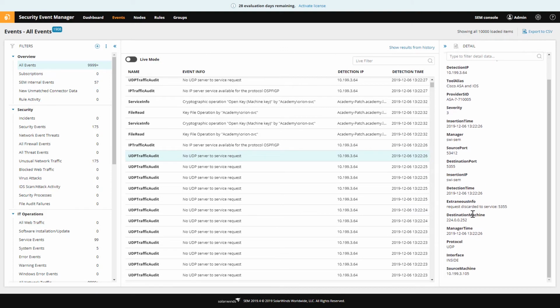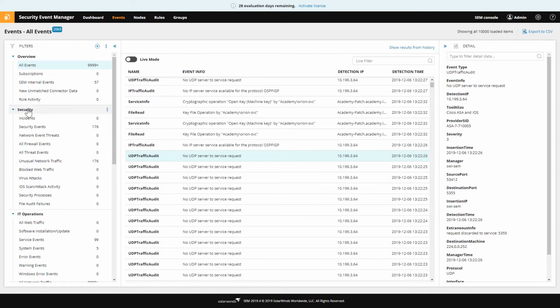That we don't actually see right now, and this is one that's generally going to show up for any of your networking events, such as UDP traffic audit. The reason we don't see it here is because it's marked as false or it's blank. This detail pane is not going to show you any fields that have a blank value or a null value, right? The particular field I'm talking about is called the isThreat field name.